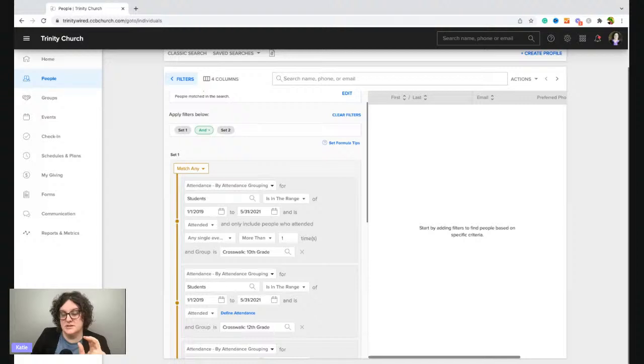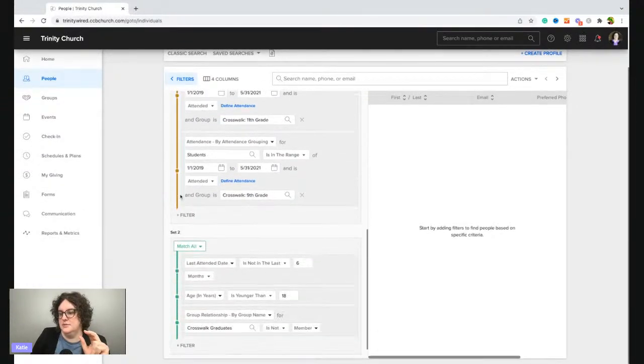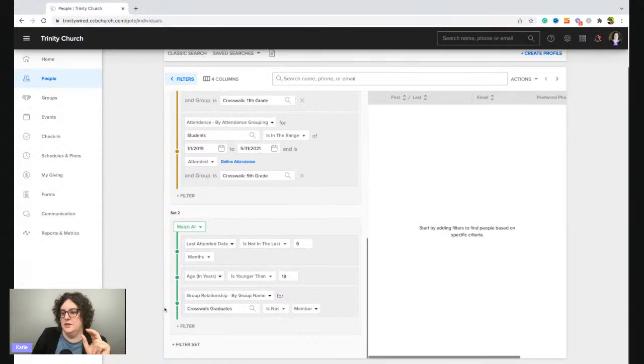So we want to zero in just on crosswalk or just our high school group. Let me scroll down here. All of these things have to be true for it to show up: the attendance date is not in the last 6 months, age, and then group name. They don't show up in our graduates group.